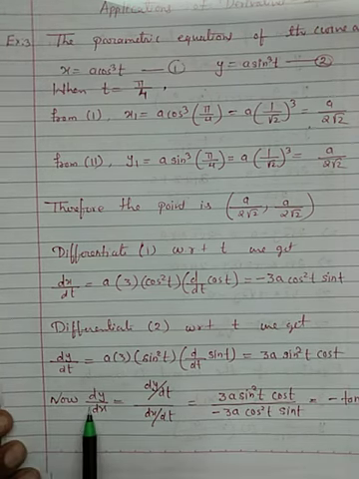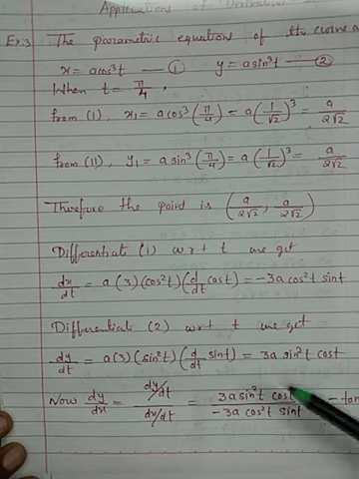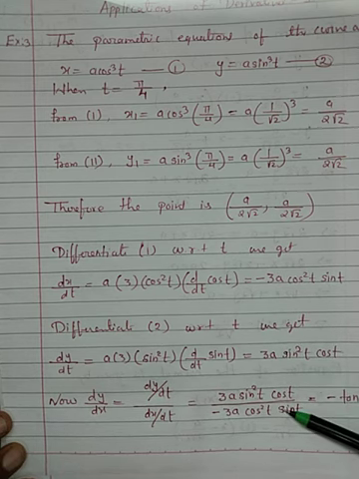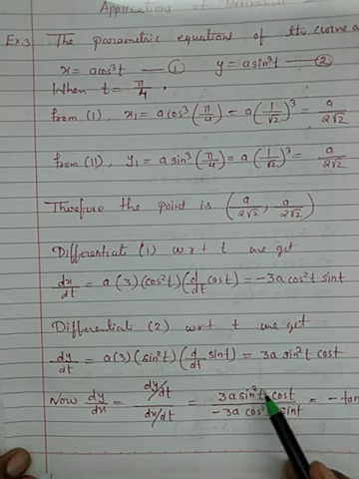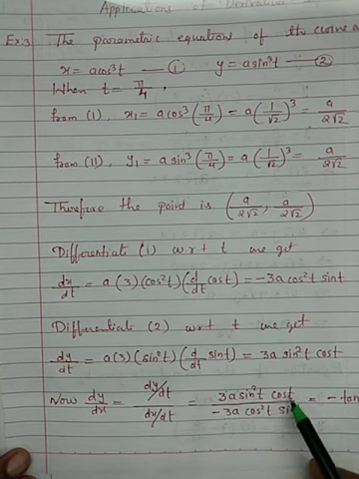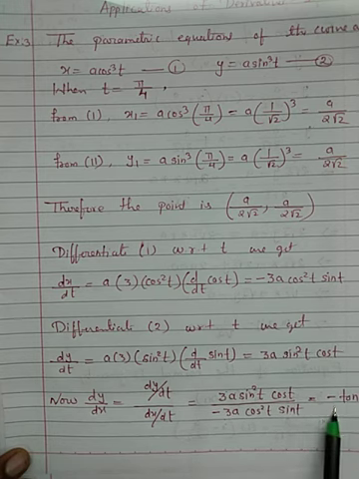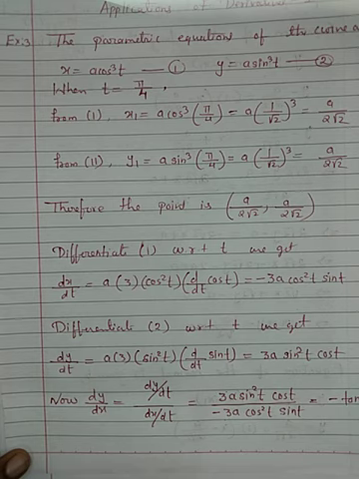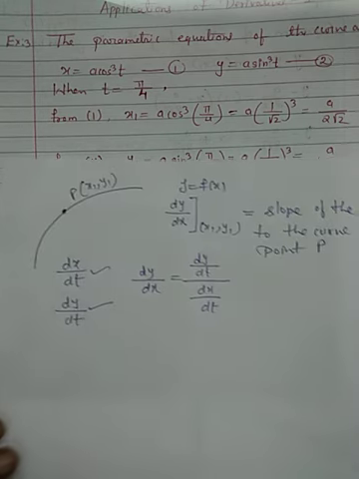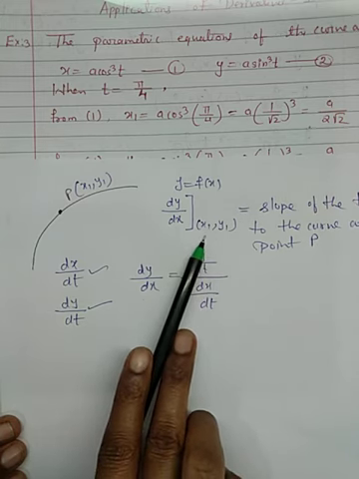Then we will find dy by dx. What is the formula of dy by dx? dy by dt upon dx by dt. Substitute these values, this is the numerator, this one is the denominator. See, 3 and 3 will get cancelled, a cancelled, sin square is there. One sin will get cancelled with sin t, one cos will get cancelled with cos t. What remains? Sin t upon cos t, that is equal to tan t, and this is minus sign, minus of tan t. This is dy by dx. Now children, after finding dy by dx, as I told you, we will find dy by dx at the given point x1 y1, the point where we want to find the tangent.